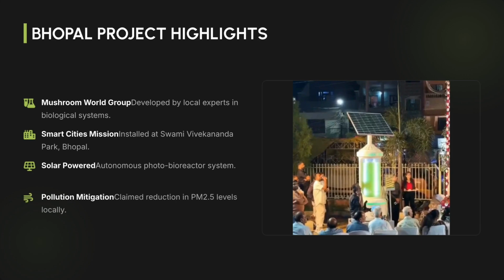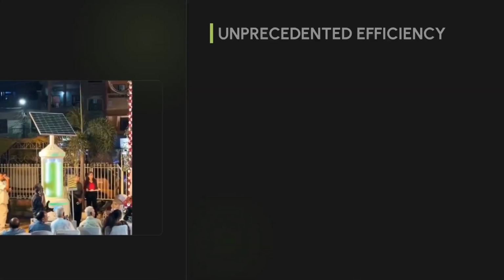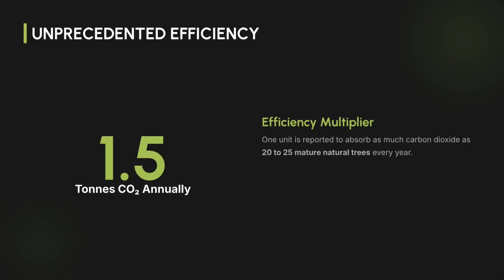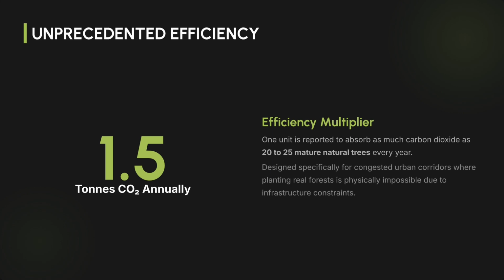It is claimed to reduce local PM 2.5 levels. The algae tree boasts unprecedented efficiency, reportedly capturing 1.5 tons of CO2 annually. One unit is said to absorb as much carbon dioxide as 20 to 25 mature natural trees, making it ideal